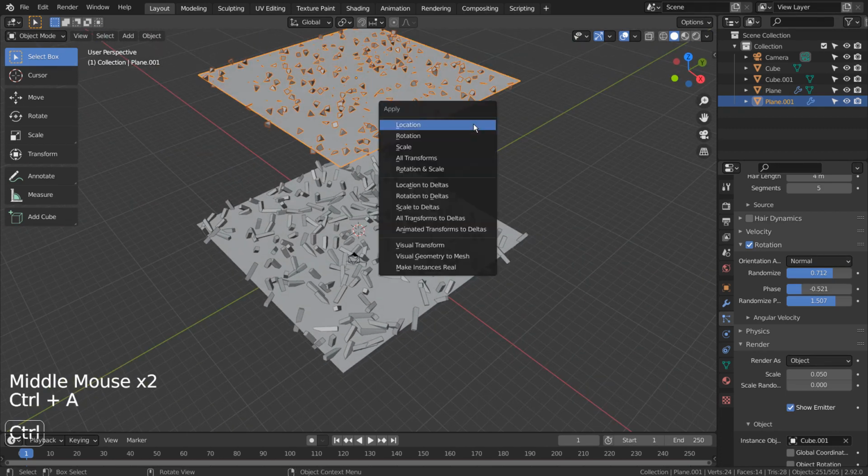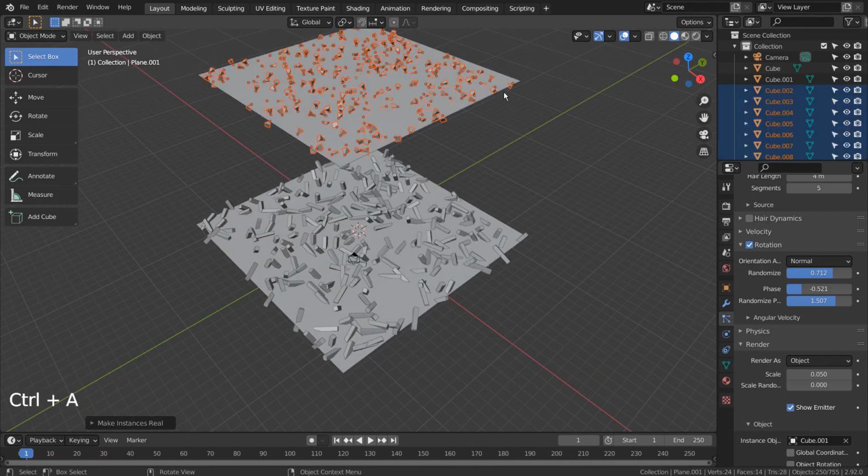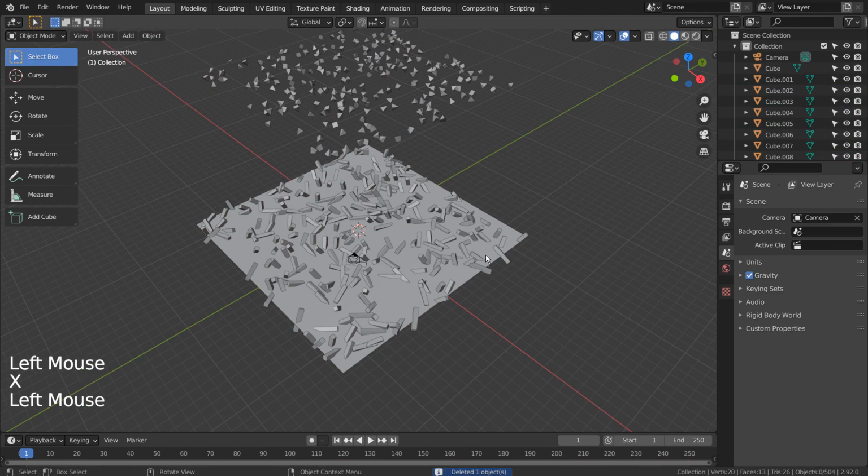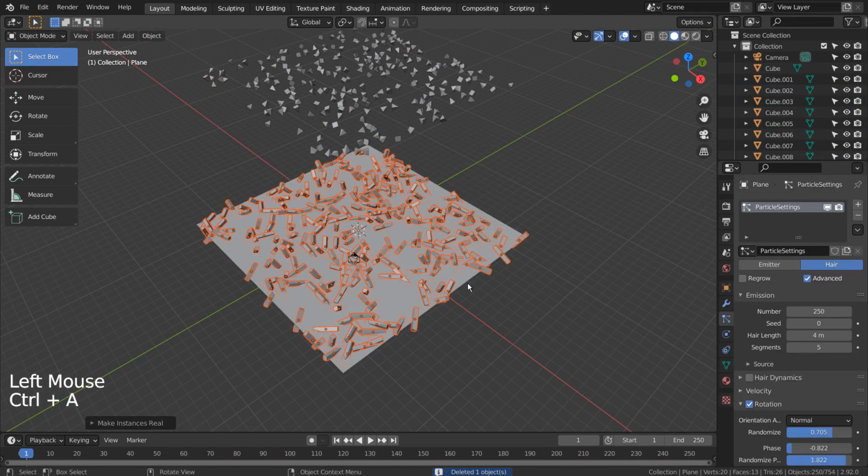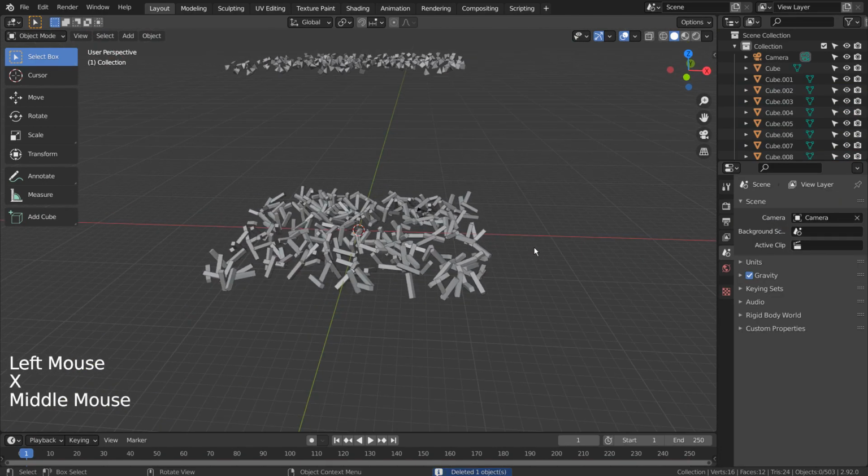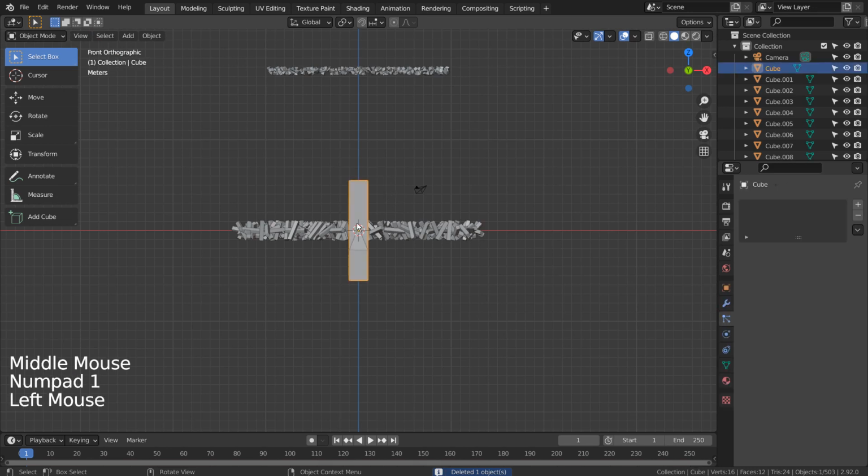Ctrl A to make instances real. We won't need the original meshes.